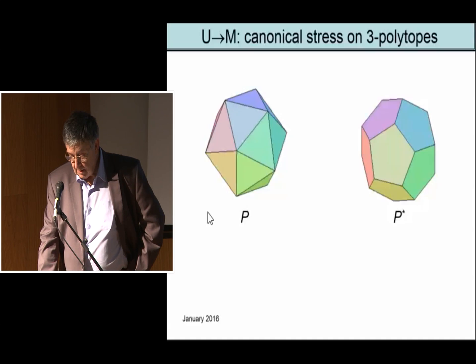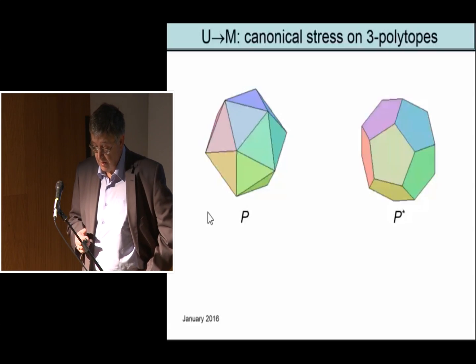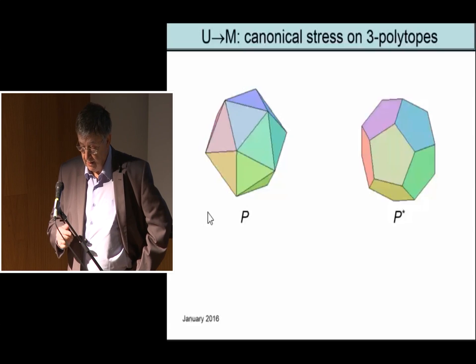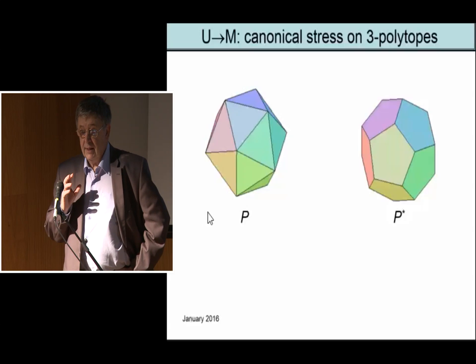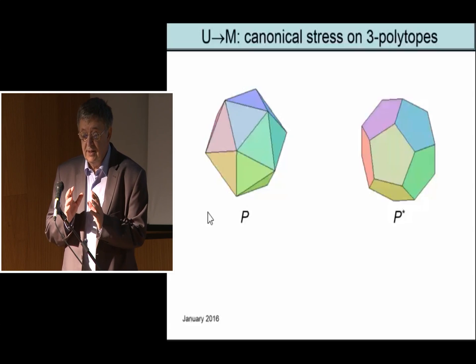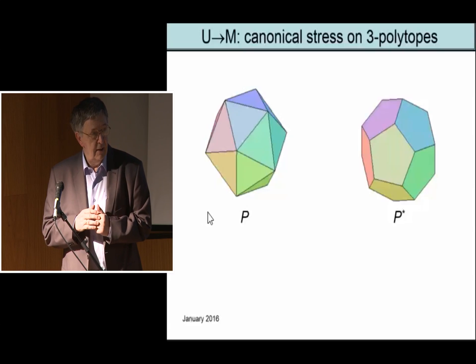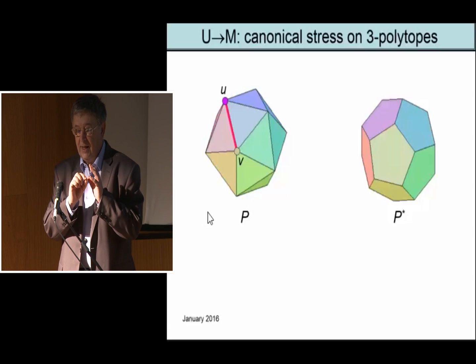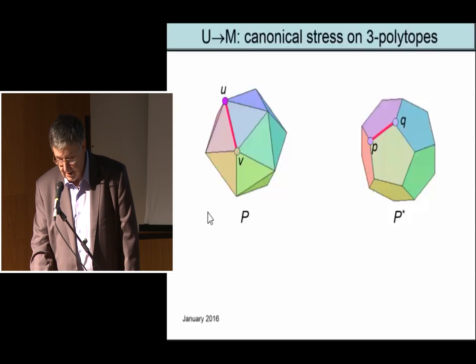Now, there is a construction in 3 dimensions of something similar. Let's look at a polytope P, and I will also use the polar polytope P star. It is known that there is no stress on the edges of the polytope. That's a classical theorem going back to 1822, that on the edges of a convex polytope, you cannot define a stress or equilibrium at each point. On the other hand, if you allow this bracing, so you are allowed to put a point inside the polytope and brace it from that, then on every polytope you can define a stress,